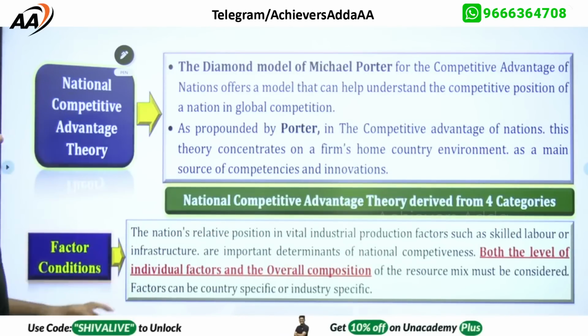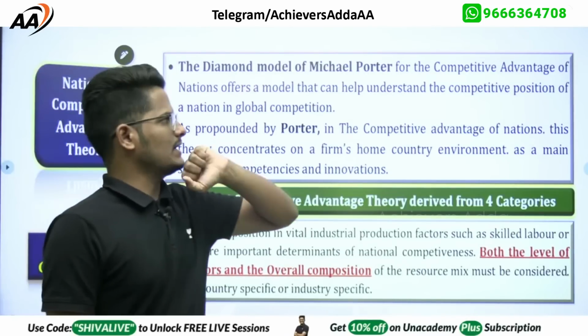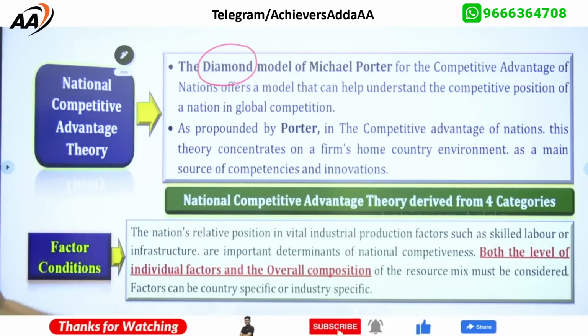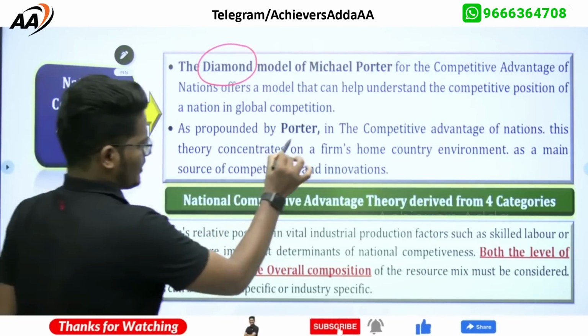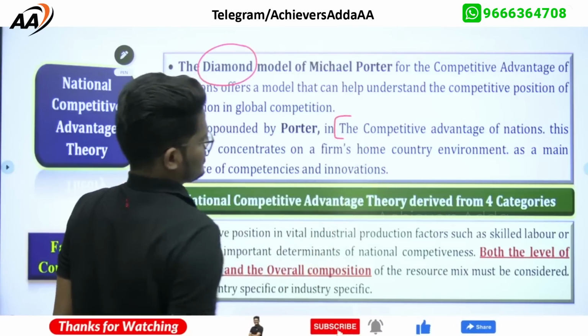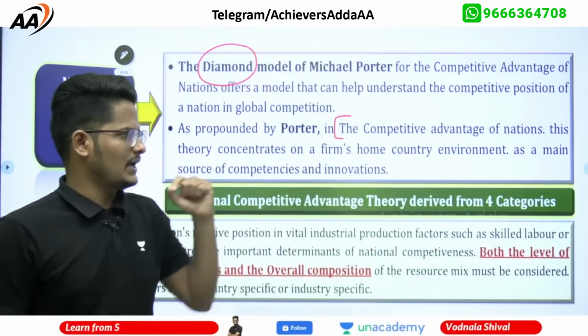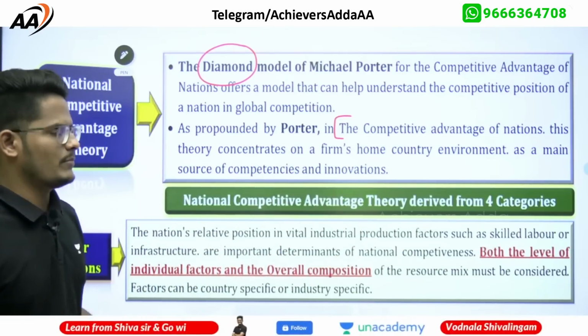So national competitive advantage theory was given by Michael Porter. This is also called a diamond model. It is proposed by Porter. The main intention of this theory is that it concentrates on the firm's home country environment as the main source of competencies,